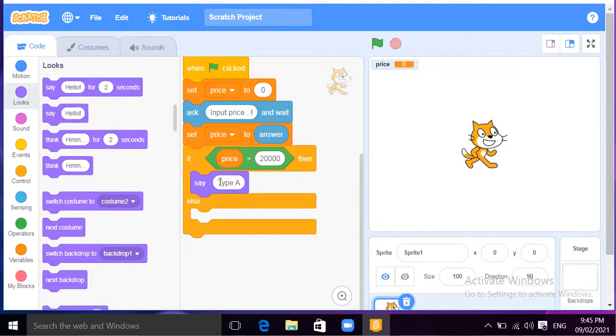Here, if the condition is true, I will have a display command, so I provide say type A. But when it is no, there's no specific process or output. When it is yes, there's an output, type A. But when it is false, instead of a specific process or output, we are going to check another condition. So if then another